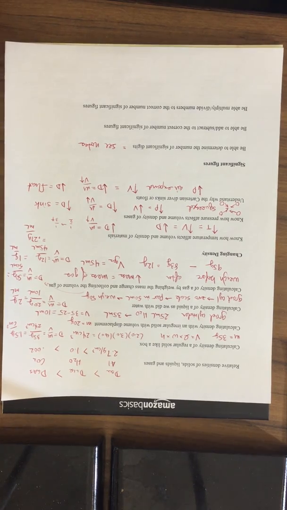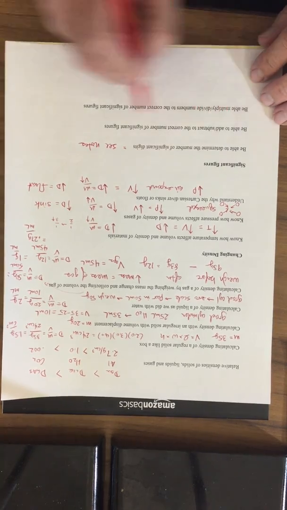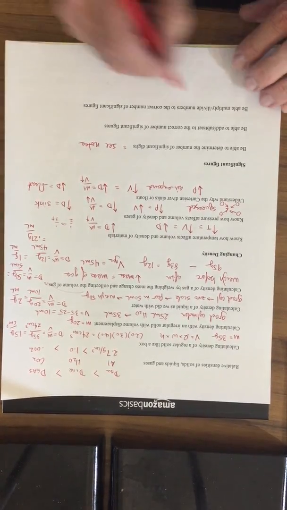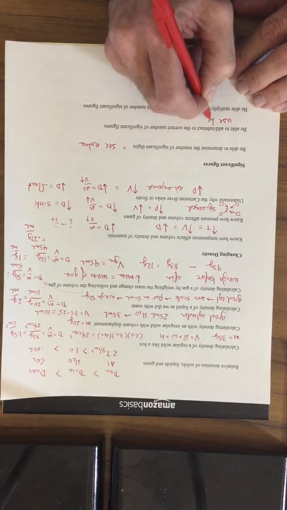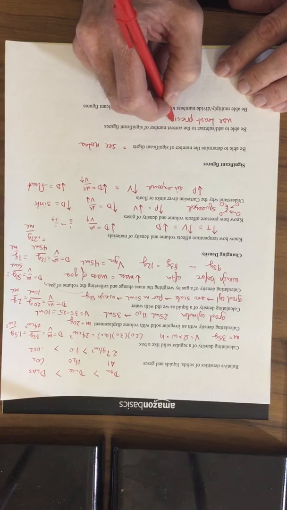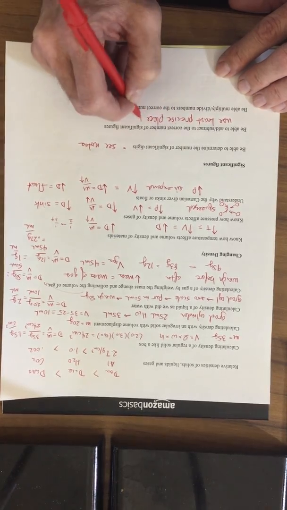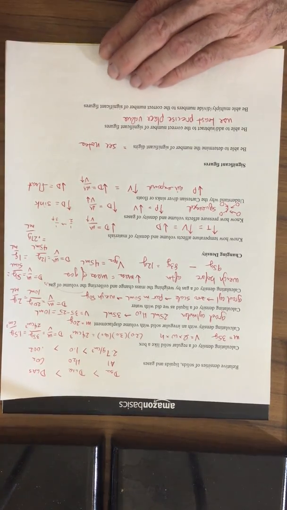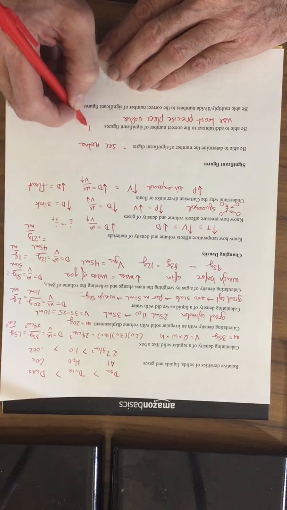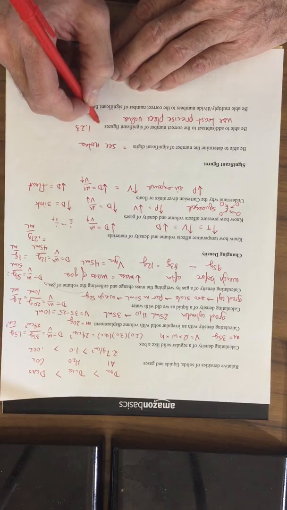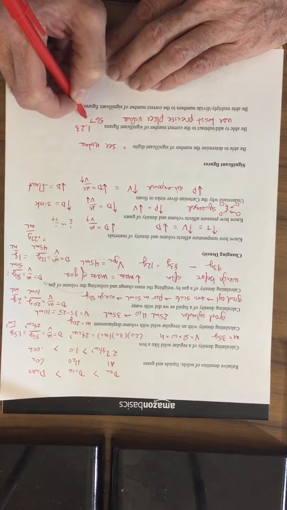Be able to add and subtract to the correct number of significant figures. So if you remember, when we're adding and subtracting for the significant figures, we actually don't use the significant figures. We use the least precise place value. For example, if I'm adding 1.23 and 567.8,